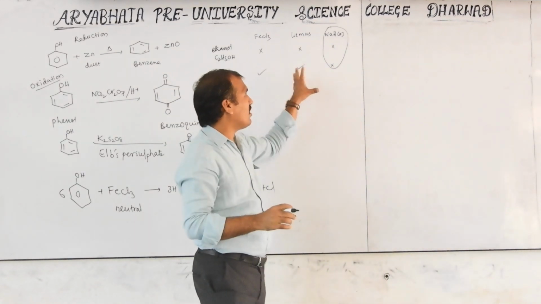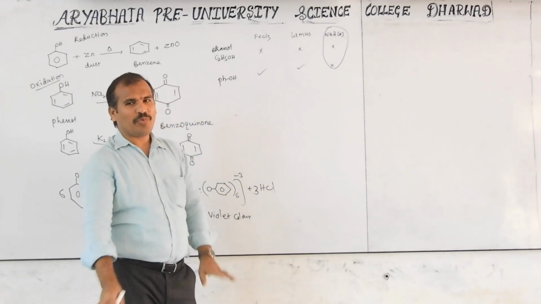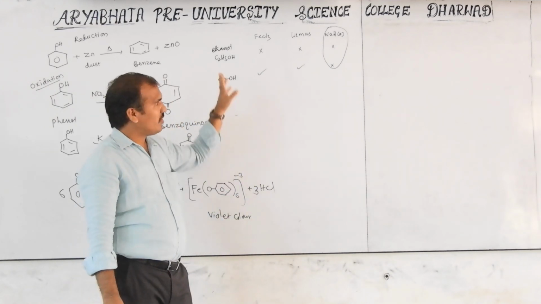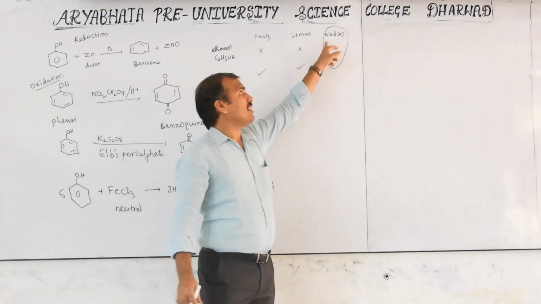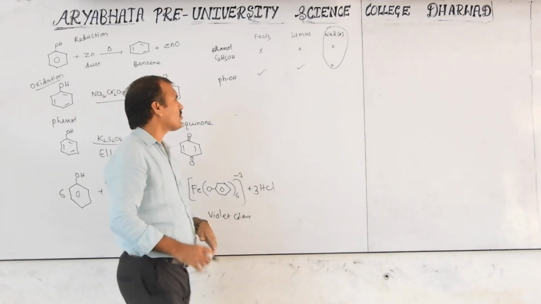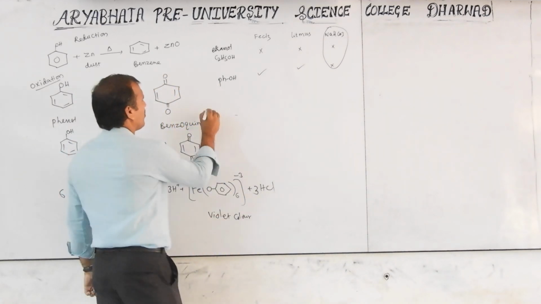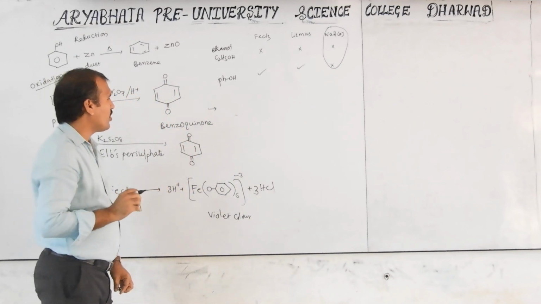This is most important. It looks very easy, class mark, right mark, but very important for competitive exams. For PUC purpose there is no importance, but it is very important. This is an identification test. This test distinguishes carboxylic acids from alcohols and phenols. Now, some important alcohols are. Otherwise, I will discuss one more very important point.